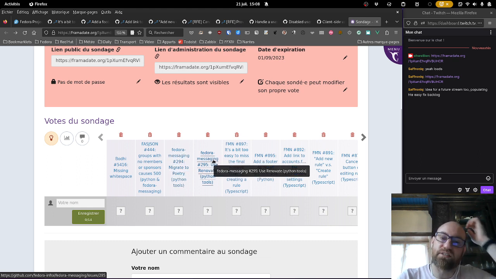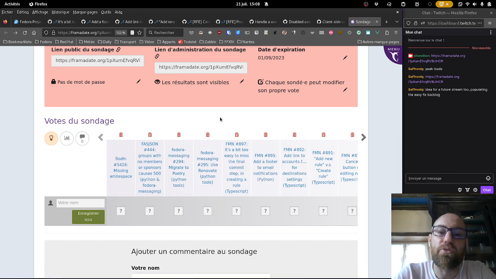The second one is kind of similar. It's about the use of Renovate instead of Dependabot. Renovate is a bot in GitHub, or GitLab, for example, or I think it does Git as well. That is going to analyze your dependencies, and whenever there's a dependency update, like there's a new version of one of your dependencies, it's going to send you a pull request, so you can just make sure that the tests pass and merge it.